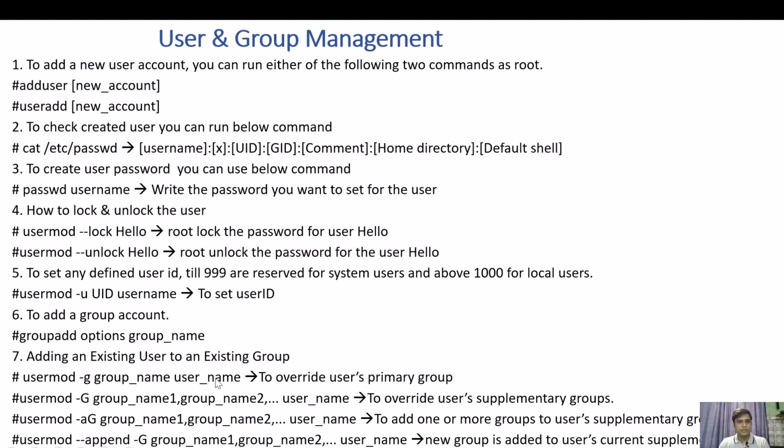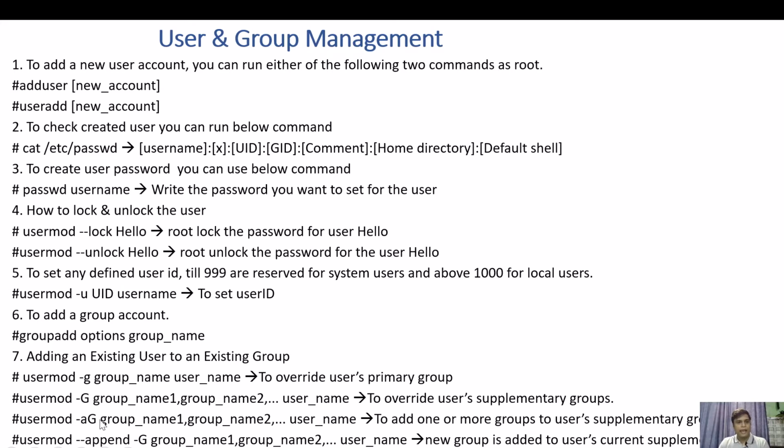So this user will be added in this particular group, right? If you want to modify the secondary group, you can use usermod -G then the group name. You can select n number of groups like group 1, group 2, and then the username, right? So this user will be added in both groups, group 1, group 2, up to group n, right?